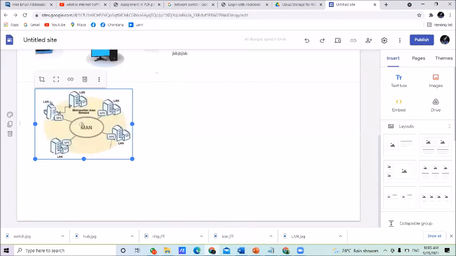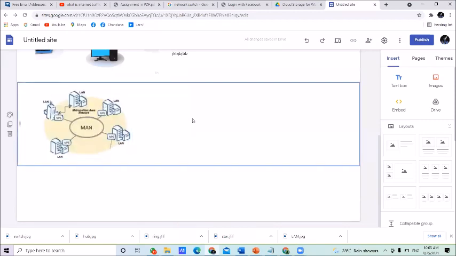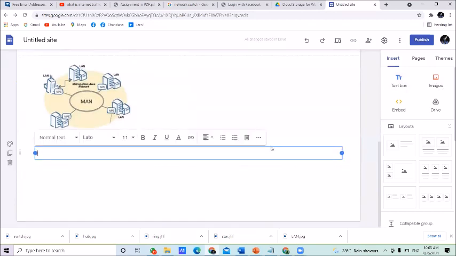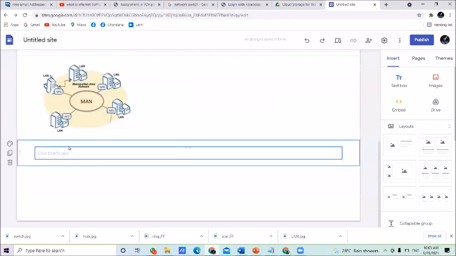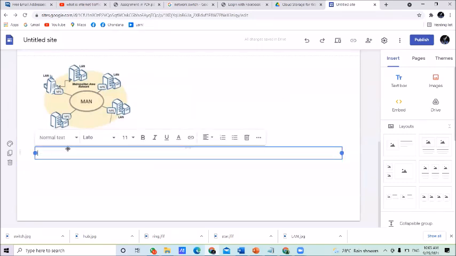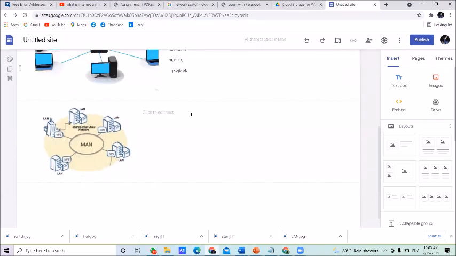Now you can see the second picture. In front of this picture, please add the description. To add the description, click on text. The similar step that I previously described. You can add a text box. Right.